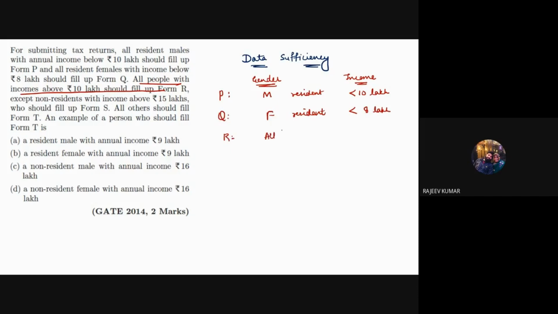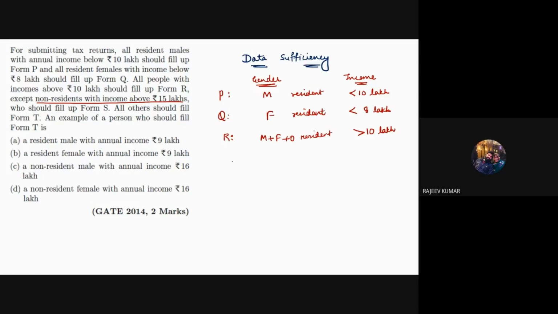For all, so male plus female plus others also, if they have greater than 10 lakhs, they should fill up the form R, except non-residents. Except non-residents with income, okay, this is all for residents again,